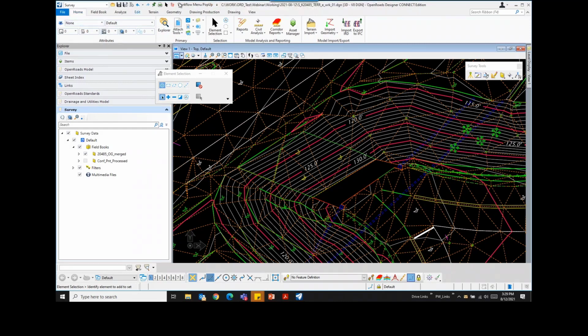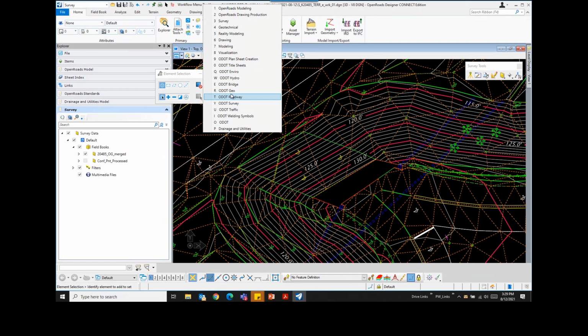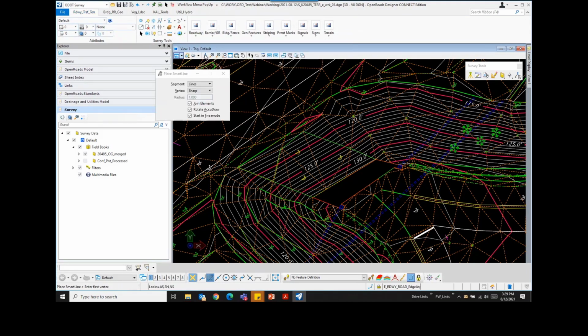Yeah. Now, when you use the ODOT survey ribbon and we select one of these, I'll do edge of asphalt again. Notice it sets everything. And also what you get is your little blue icon. That is your template association. That is very critical. If you do not have that turned on, then even though you have a template set here, the element that you draw is not going to have that ingrained in its data,